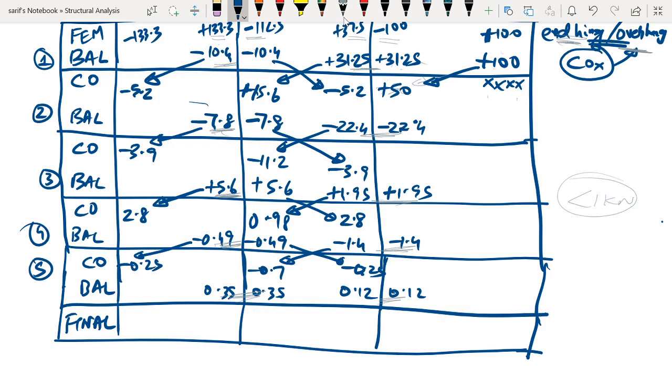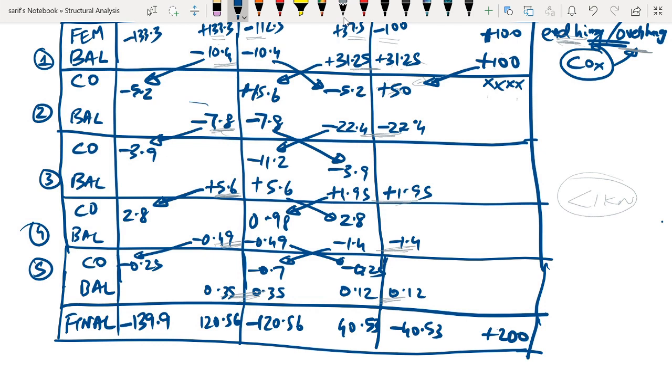Now, how do we find the net moment? The net moment here will be the sum of all the moments in that particular column. So if you take the sum of all the moments in this particular column, we will get the net moment here. It is coming as 139.9. Okay, 139.9. If we add all the values here, we will get 120.56, this would be minus 120.56. Similarly, this would be 40.53, and this would be minus 40.53, and the value here would be plus 200. Okay, so these are the final moments.